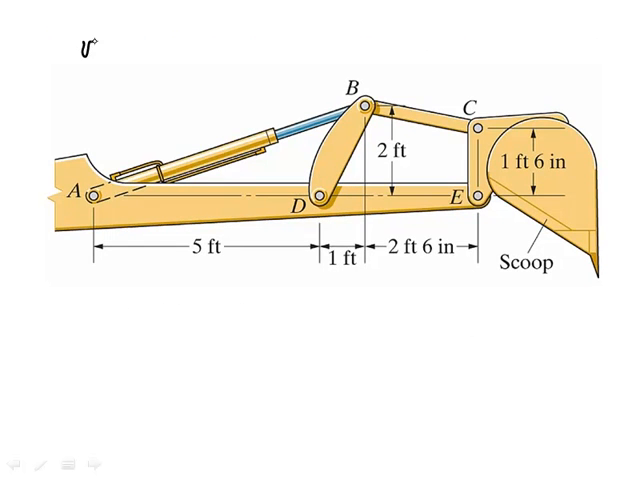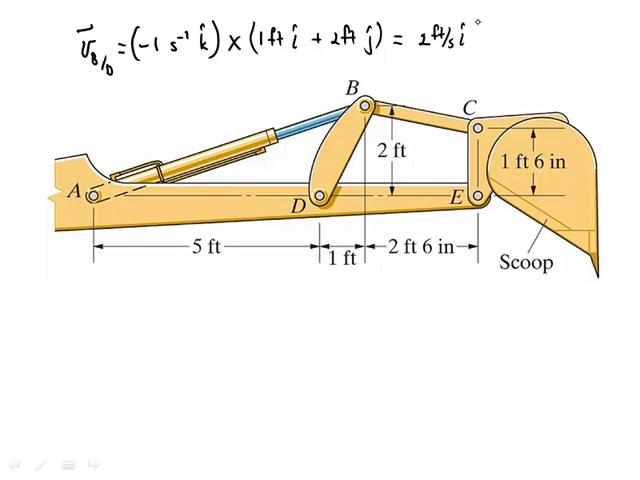So we'll start with the velocity of B with respect to D. That's going to equal minus 1 second to the minus 1 k hat, crossed with 1 foot in the i hat direction plus 2 feet in the j hat direction. And that's 2 feet per second in the i hat direction minus 1 foot per second in the j hat direction. Then the velocity of C with respect to D equals the velocity of C with respect to B